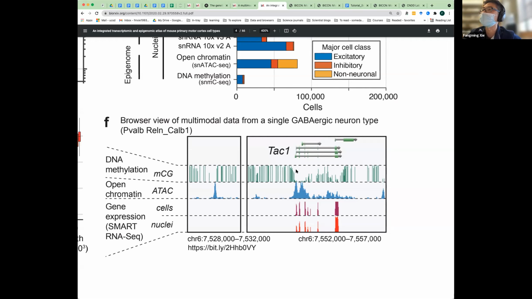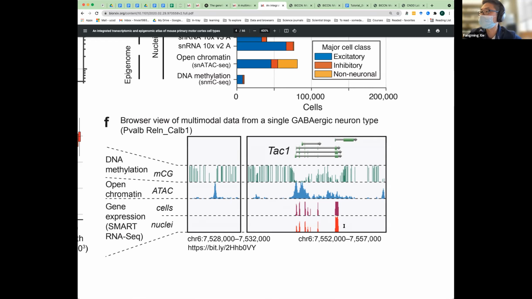So here it means it's a hypomethylated region or low methylated region, and here it means it's a highly methylated region. And likewise, the next track shows you the open chromatin profile, or chromatin accessibility profile, where the peaks show you the open chromatin, and if it's not a peak, it's either open chromatin not captured by this assay, or it's a closed chromatin.